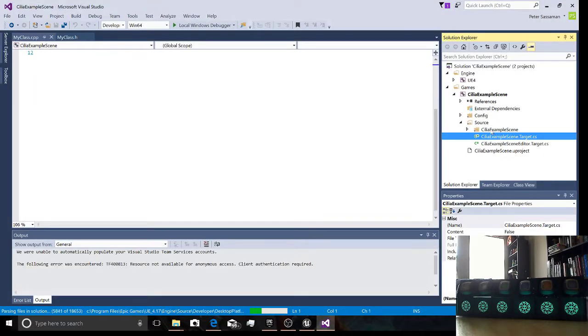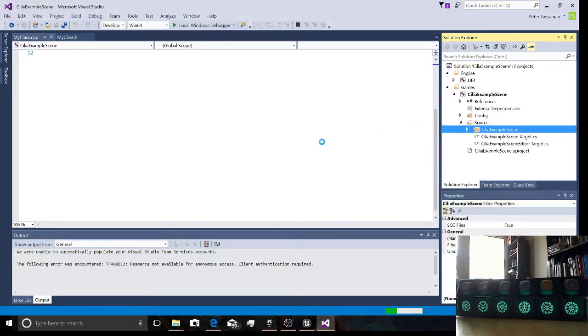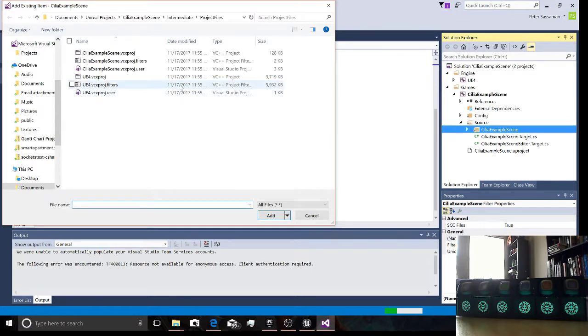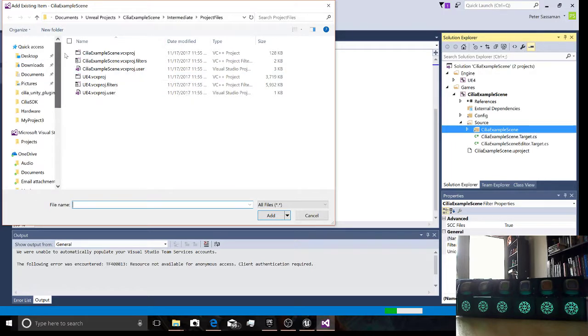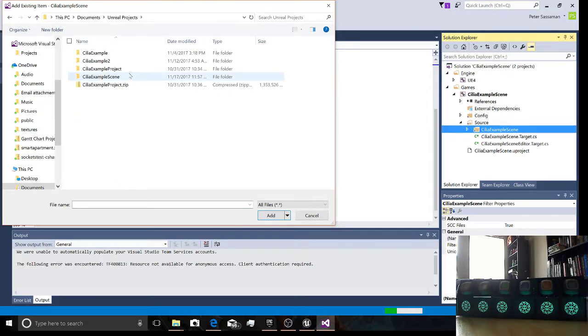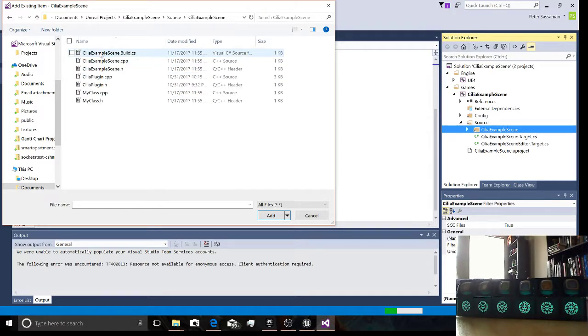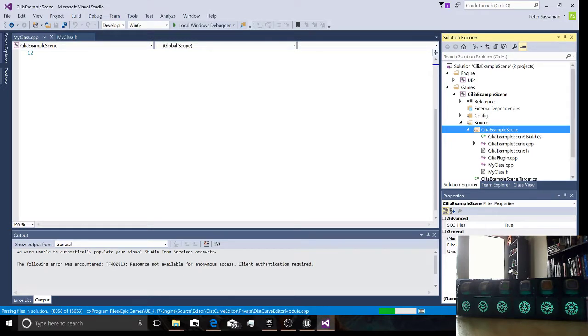And then back in the editor, let's go ahead and add existing item, and then go to Documents, Unreal Projects, Cilia Example Scene, Source, Cilia Example Scene, and grab the Cilia plugin and add it. Now that we've added it to the editor,